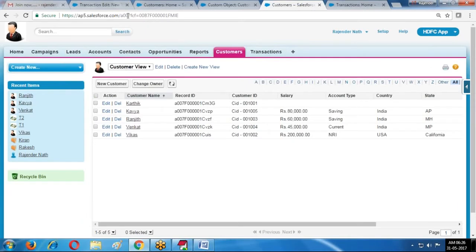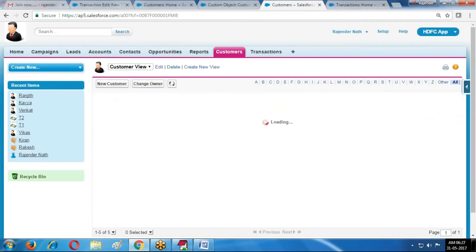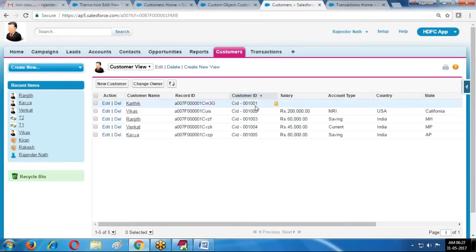Here, this is the customer object ID. For the records you are creating, the auto number you generated is automatically produced by the system and incremented by 1. Whatever number of records you create, the numbers are generated and displayed. This is the way we create an ID.